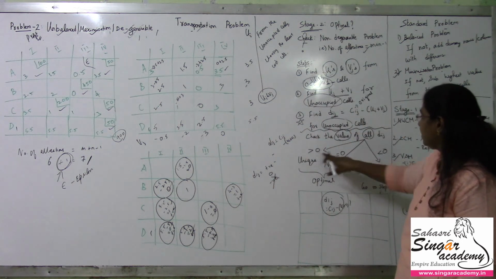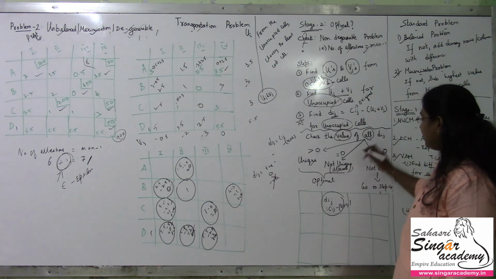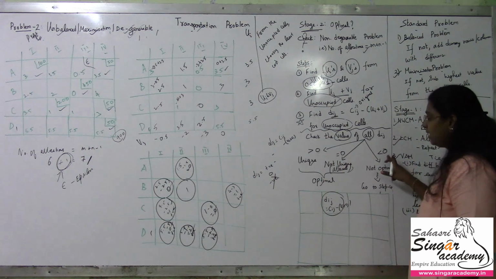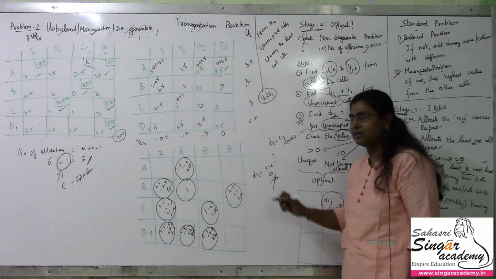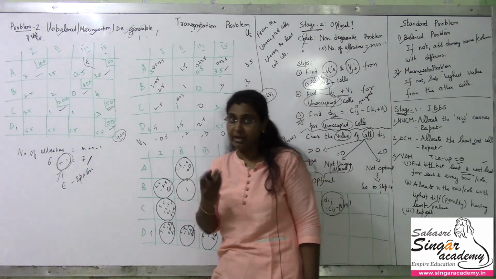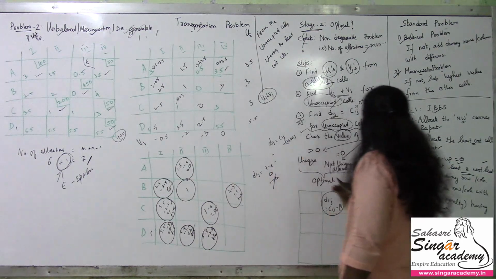If it is greater than or equal to 0, I have to check whether all the Dij's are greater than or equal to 0. The solution is optimal or not optimal if there are negative values, less than 0. There are no negative values. So we have to find the optimal solution. Optimal in the sense that, using the WAMS method, we have to find the profit that is optimal.